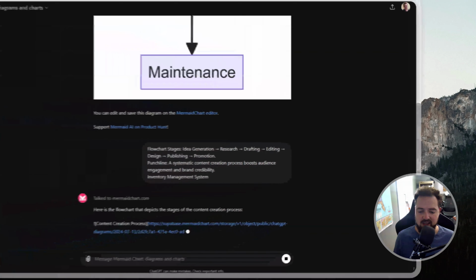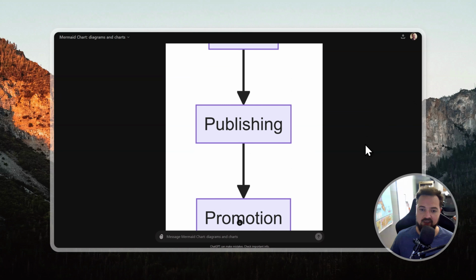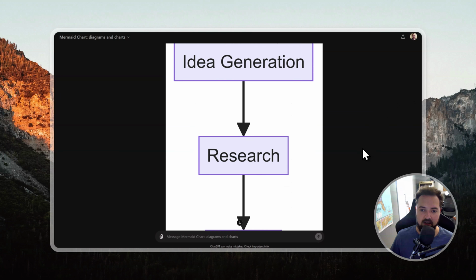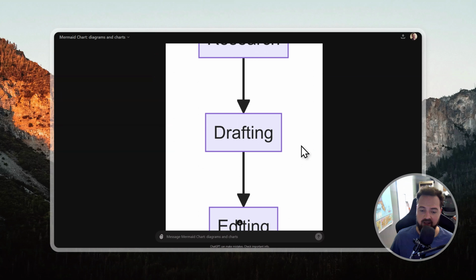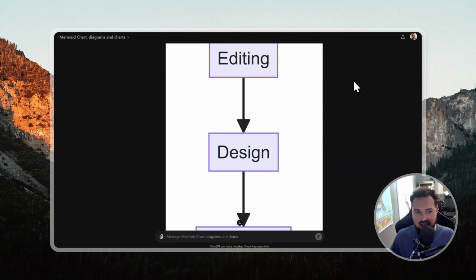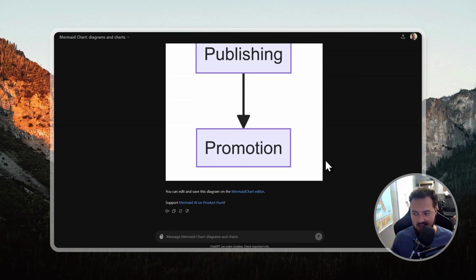What's really neat about these is you don't have to actually build the chart. And if you have a Mermaid account, obviously you could hop right into working on this. So here, same type of chart: idea generation, research, drafting, editing. So anything that has to do with a workflow or a project, anything of that sort, this is a really awesome tool for cutting down work that you have to do and just letting ChatGPT do it, because it'll go through, and if you describe a process and you say, hey, I need to do X, Y,